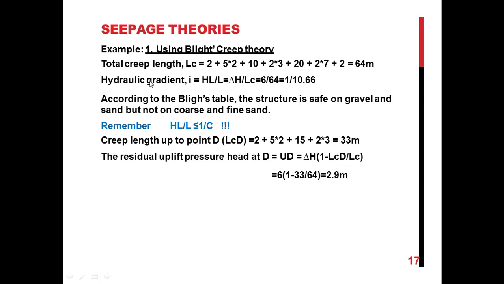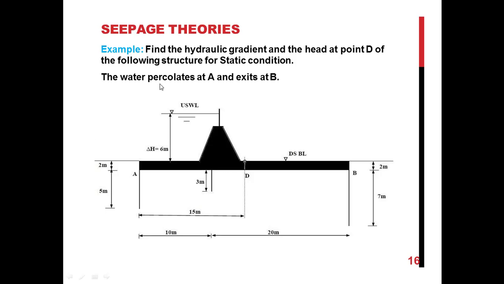Now, using Bligh's creep theory, we will calculate the total creep length, which is equal to LC equal to 2 plus 5 into 2 plus 10 into 2 into 3 plus 2 into 2 into 7 plus 2 equal to 64. Here, the total creep length according to Bligh theory is equal to 2